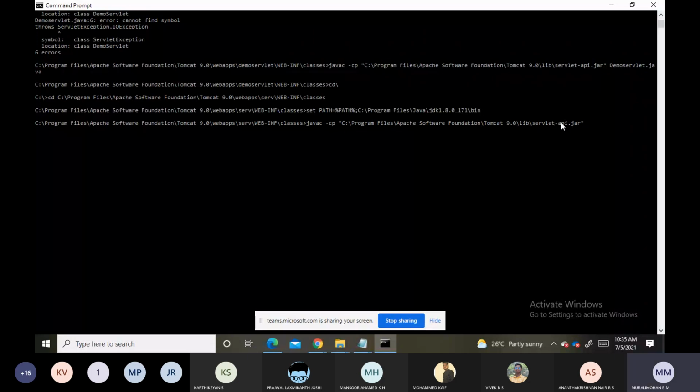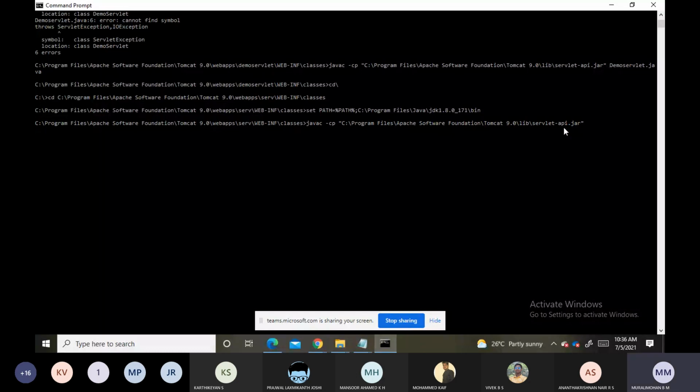Why? Because in the previous class we studied that the servlet API consists of the javax.servlet package and the javax.servlet.http package. Yes or no? Now inside our servlet program we are having both. To import that we need the servlet API, so we are specifying the jar file here. Clear? Any doubt?